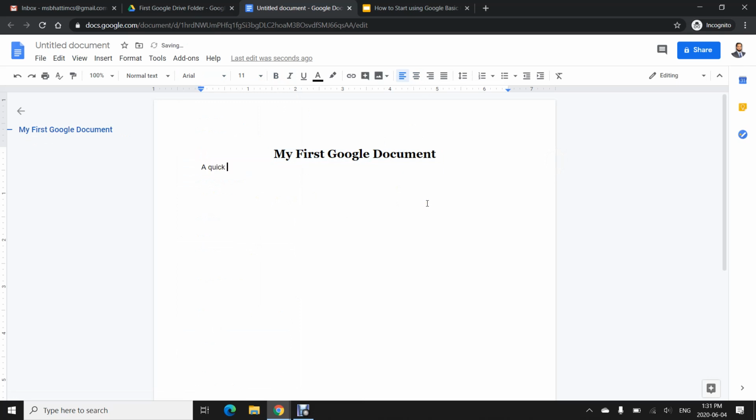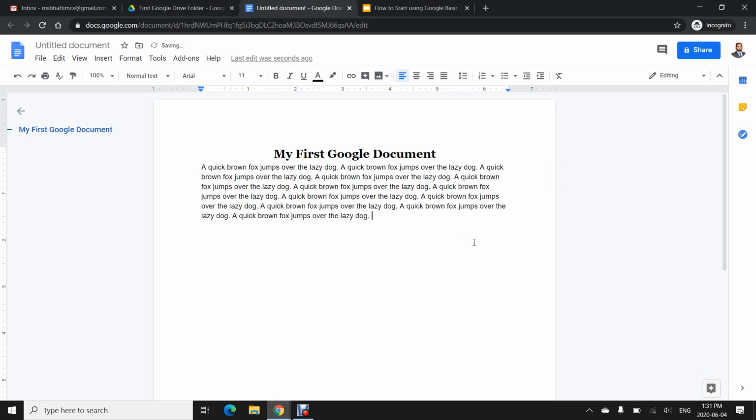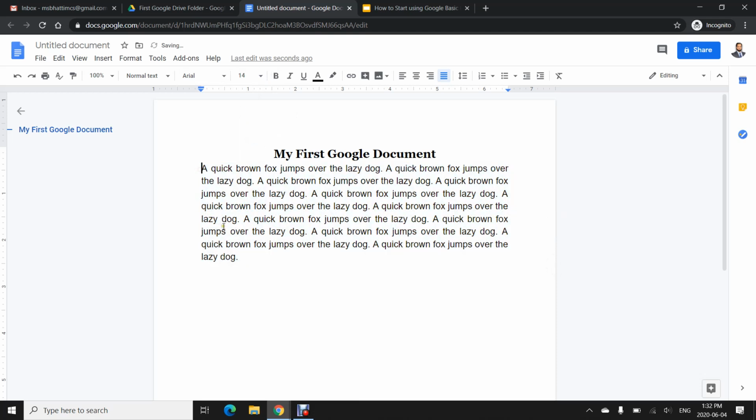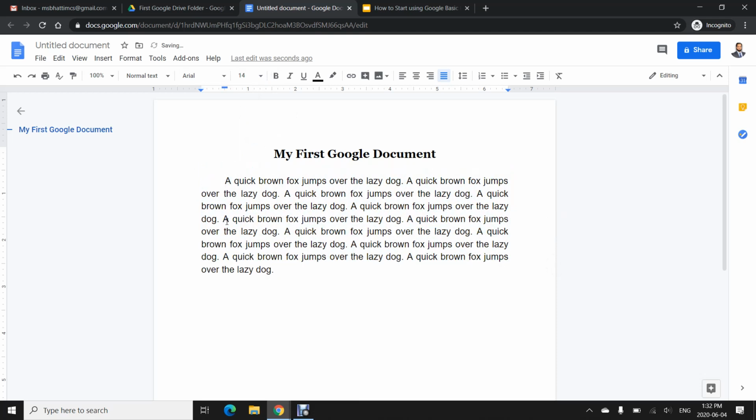After that, a quick brown fox jumps over the lazy dog. So here you can just make a copy and paste. So this is just to quickly have the document, and you can justify, you can increase the size. So this is just like Microsoft Word, as I told you, but this is giving us the high level basic function.